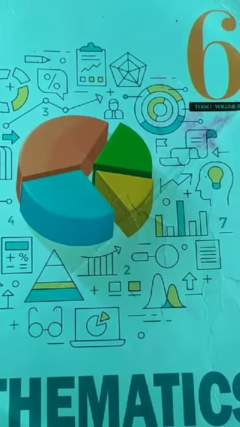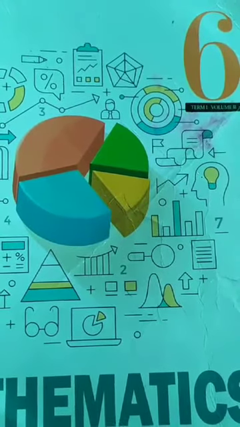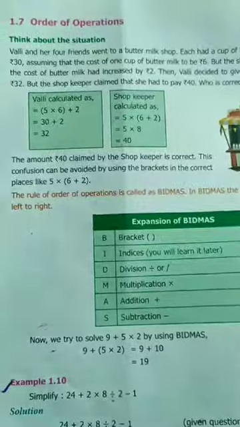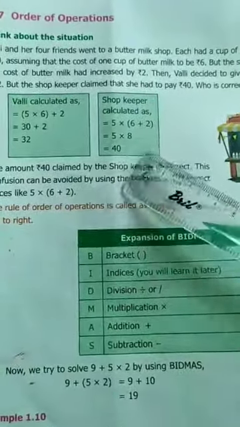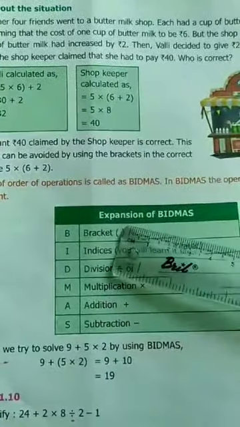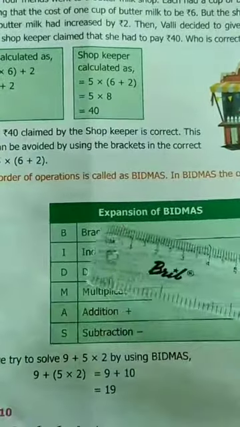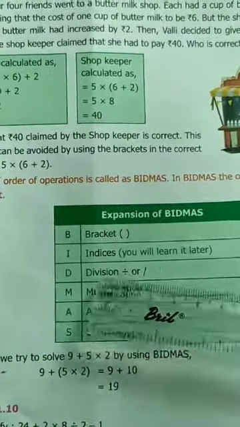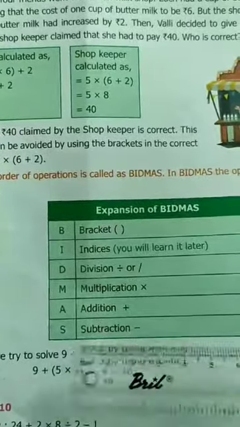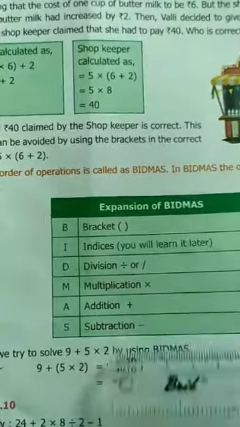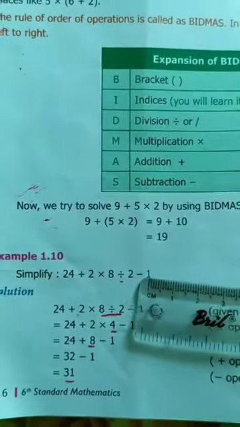Dear students, today we are going to see the continuation of revision for your examination. Let's start. Today we are going to see order of operation. I already taught you order of operation. First give the preference for bracket. We complete the bracket first, after that division, then multiplication, and addition and subtraction. Last we take subtraction. See the example sum, very important, it will come in your exam also.